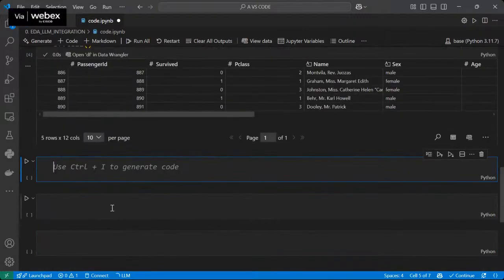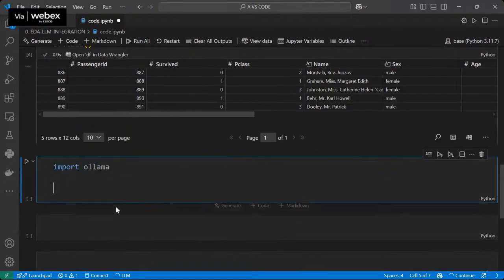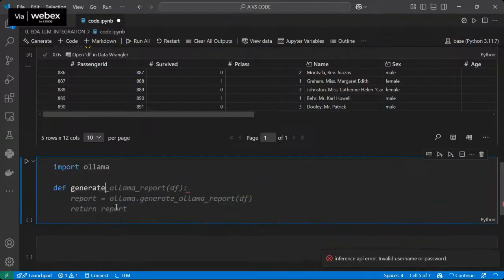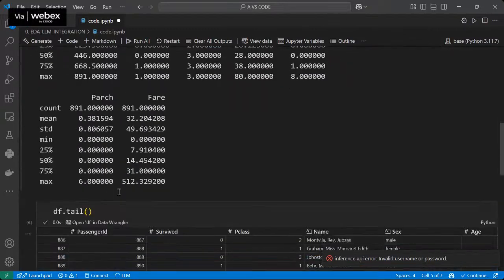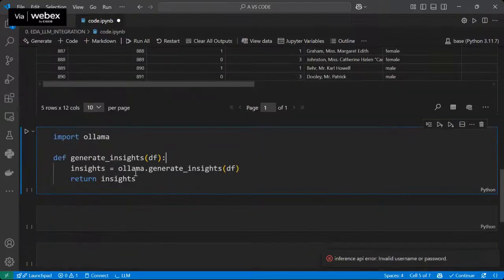I'm going to create the first one. I want to import ollama directly. Okay, and I'll create one function to generate insights. I want to generate insights of df. Here I create a data frame df, right, guys? From the data frame, it's very simple code. I just pass an argument df and insights ollama.generate insights df, and return,